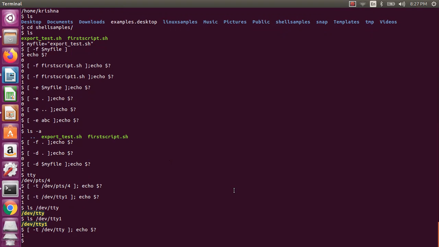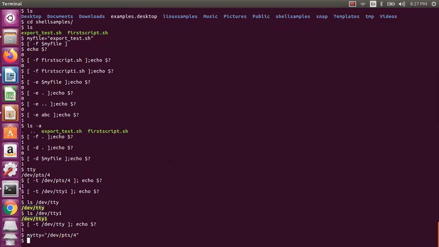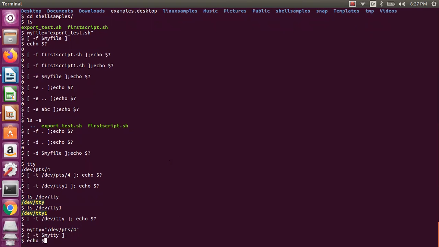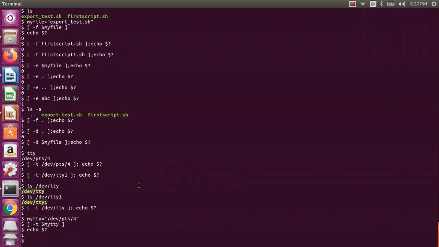So now maybe my tty, I don't think any issue here. /dev/pts/4, because that doesn't matter, it will give the same, but it should not be supposed to be my tty. I'll just say this, and then echo $? gives 1, which it should not be actually. -t is for the terminal, and these are the terminals actually. So I'm not sure why it is happening.